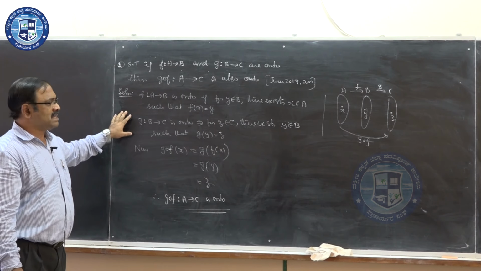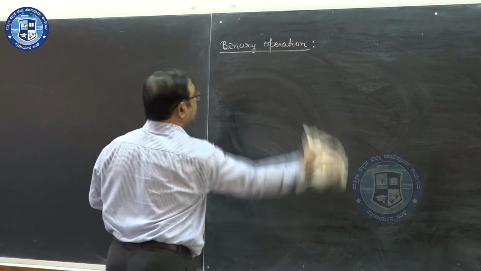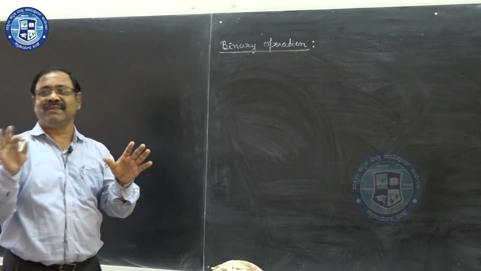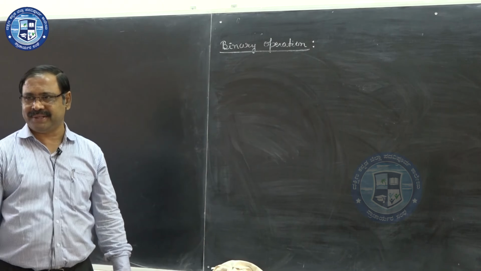And this operation, binary operation, is nothing but, because I have to define a general binary operation, that operation is nothing but an association of pair of elements from A to an element of A. This is the meaning of binary operation. But if I say that, you won't understand anything. So I'll be just giving some examples and give clear idea about it.